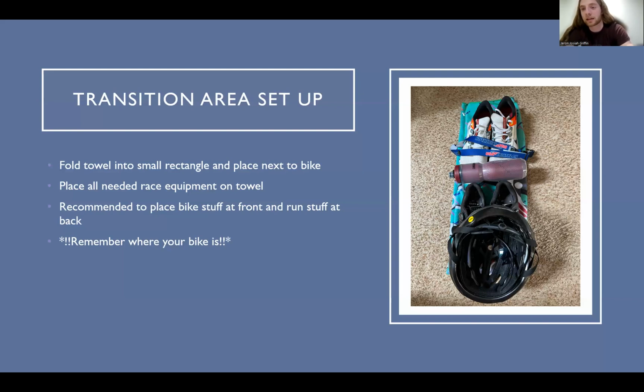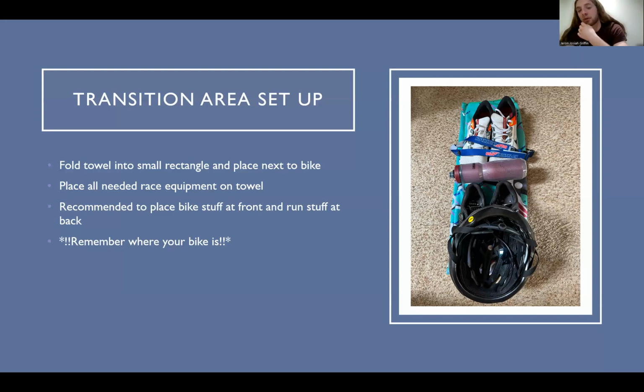You want to be able to just really quickly stick the helmet on your head. And then inside my helmet, I have my sunglasses. It's really hard to see, but you can kind of see the glint on the sunglasses. That's usually all I have in my transition area. Sometimes I have a gel pack, other times I have tapes to my bike, or some other fuel in my transition area. But that's roughly what my transition area is going to look like.